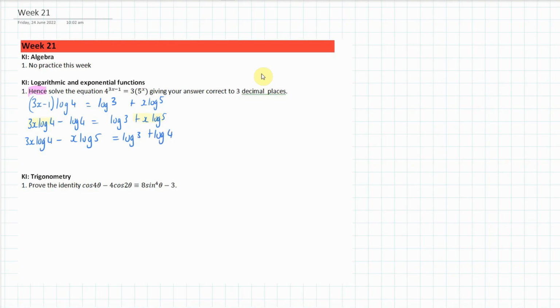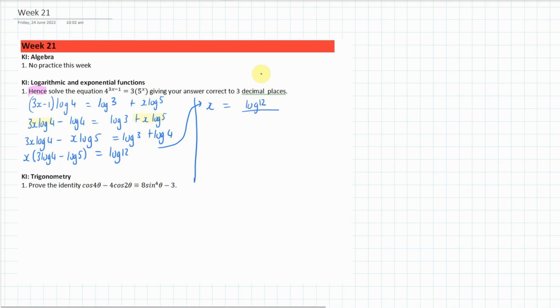You can see I can now factorize, so I'll go x, and then into 3 log 4 minus log 5, equals, and I can simplify that side to log 12. And I don't actually have to solve this exactly, but I can write it as x equals log 12 divided by